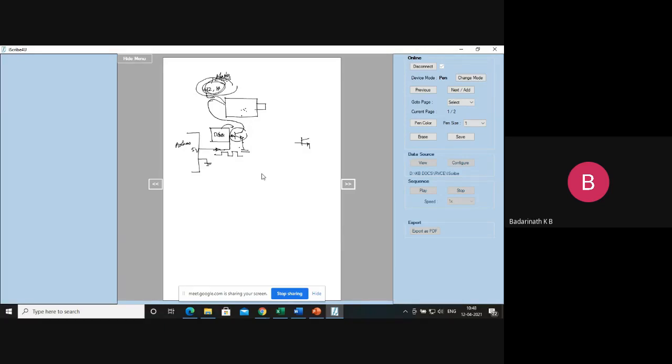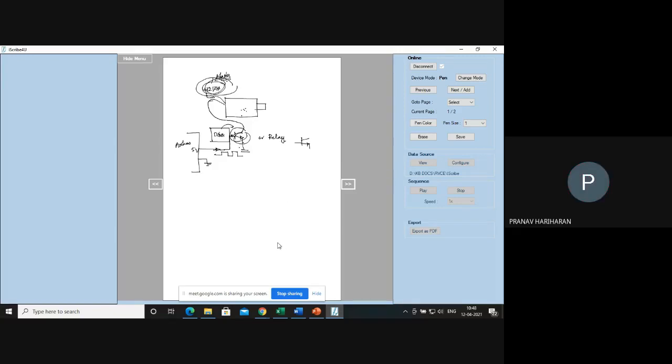Either you require a 12 volts power supply, or you require a 220 volts power supply, which is available in houses. In such cases, instead of an adapter and a transistor, we use what are called relays. Either this, or I can use a relay. When you don't require a transistor, you can use a relay. Relay and transistor do the same job. That means it establishes control from a smaller signal to a larger value signal.